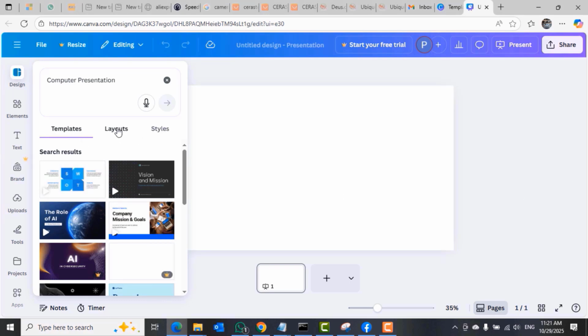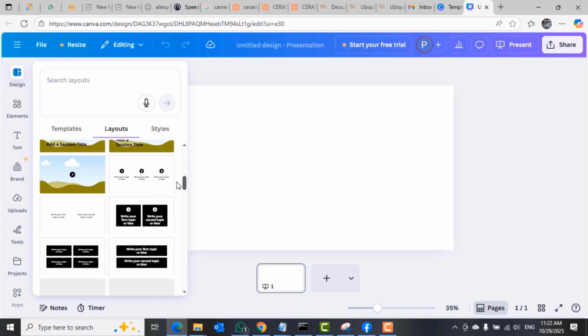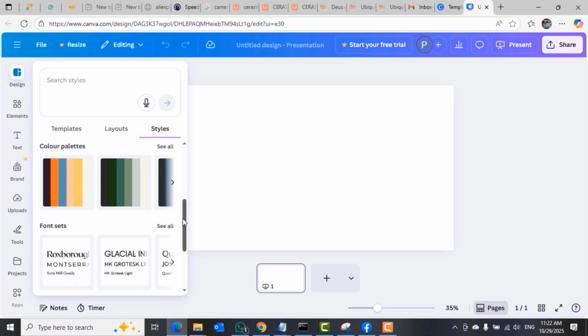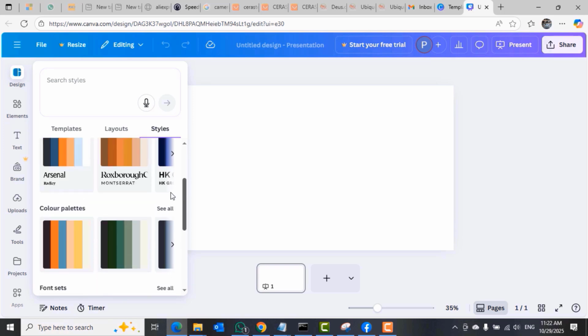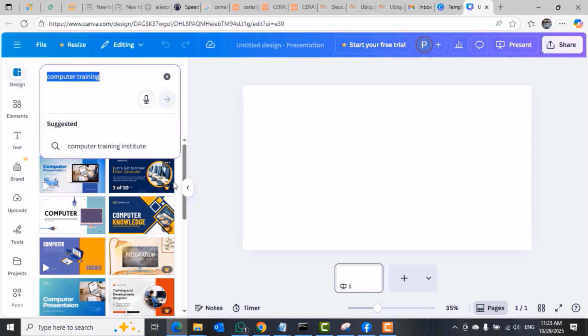So this is the result of the search I did on the topic. On that topic, you can see the templates tab, we have the layout tab, and then the styles tab. You can select from all these to create your presentation. So back on the templates tab,